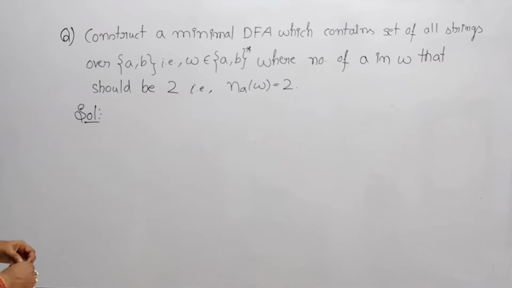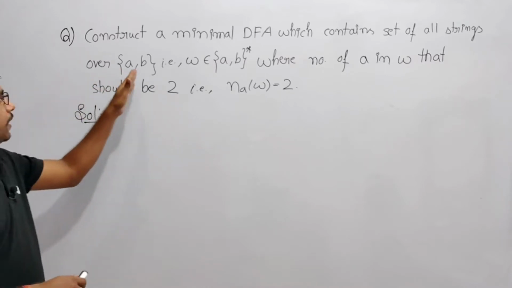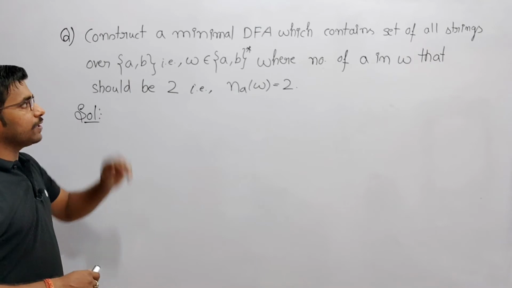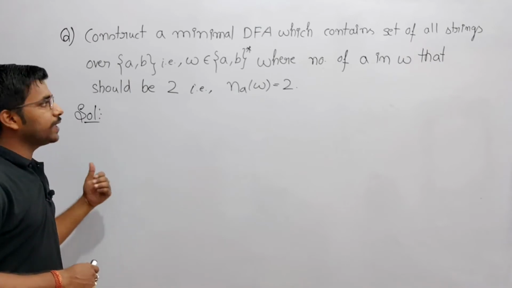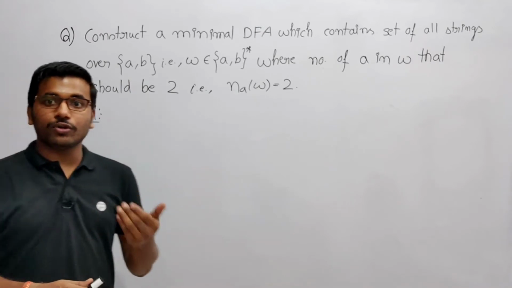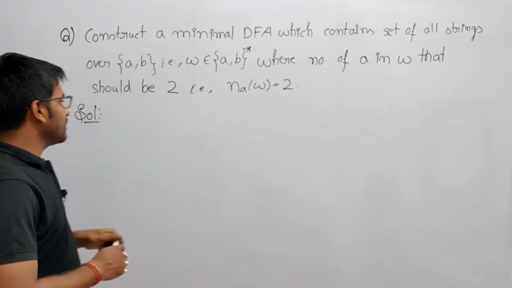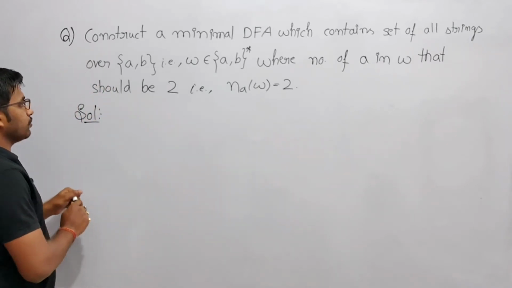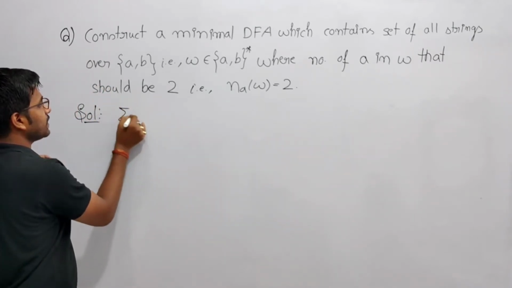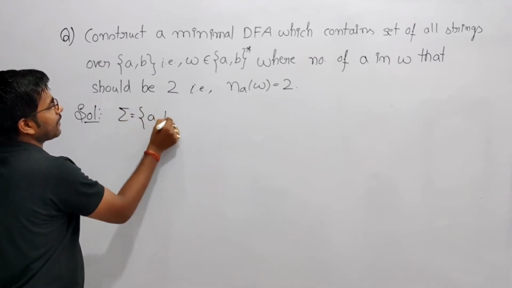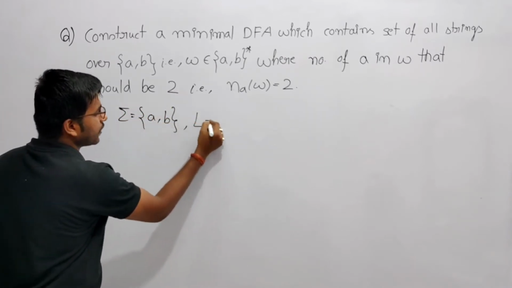Now see the question. It is saying that construct a minimal DFA. You have to construct a minimal DFA which contains the set of all strings over a, b. So your string contains symbols a, b where the number of a in W should be 2. The restriction is that the number of a should be 2. So here sigma is a, b and the language contains the set of all strings where